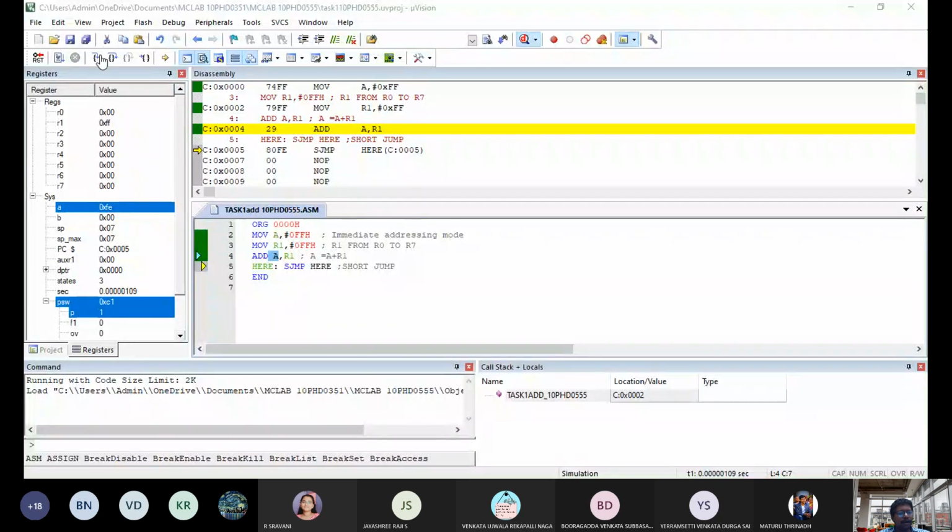Everyone can download and have all the instruction sets for your subject.